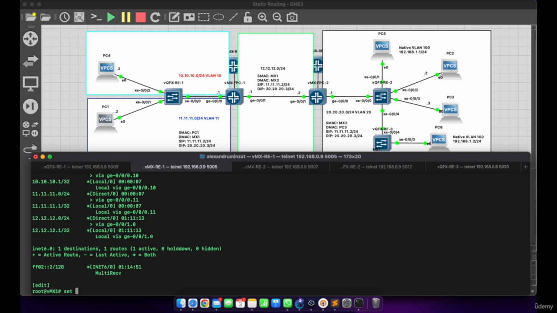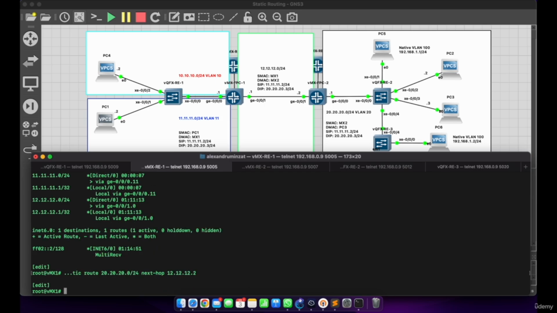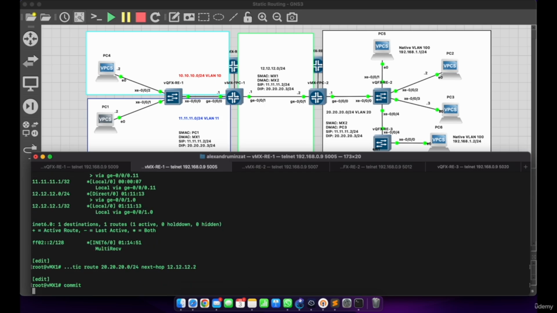So we'll issue set routing-options static route 20.20, it's not 30, it's 20.20.20.0/24, and the next hop should be on virtual MX2, and it should be this interface, which has the IP address of 12.12.12.2. Let's commit this,